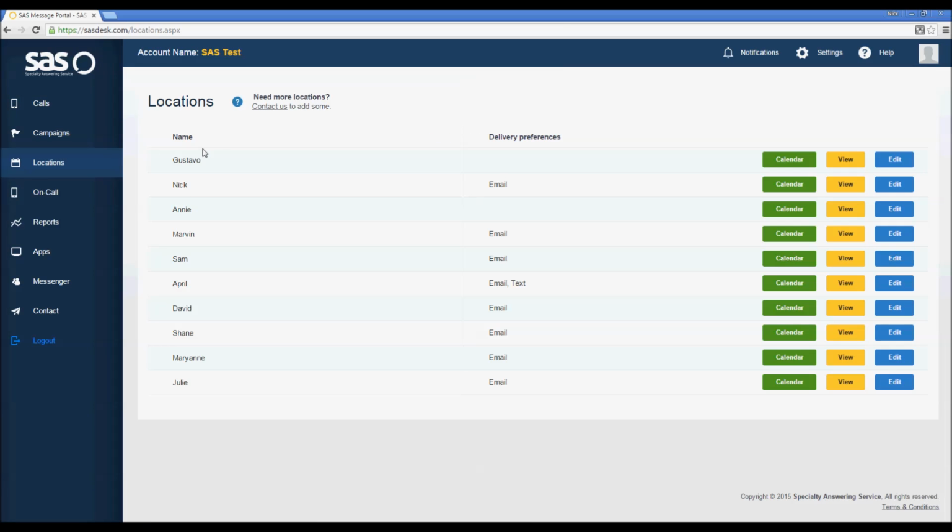then on the next screen you'll see all of the locations that are currently existing within this account. Now, before you make any changes, you want to make note of which locations are linked to which paths in your script. The reason being is because any changes I make here are going to affect how a call is